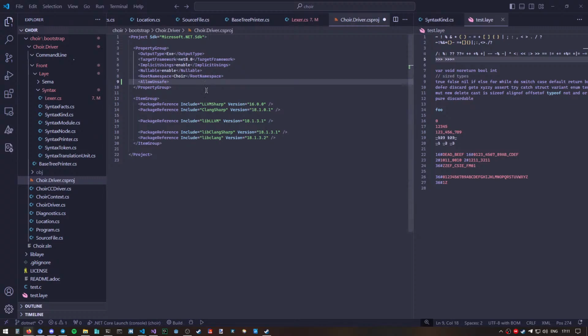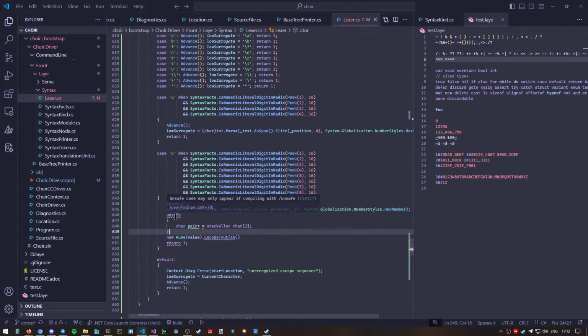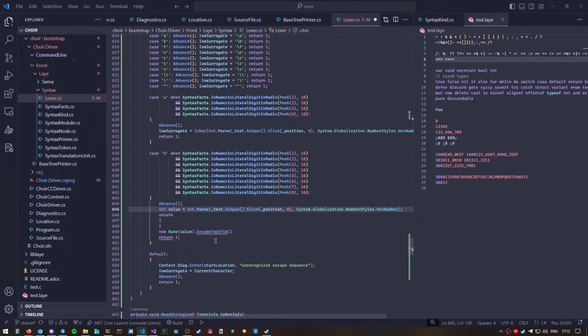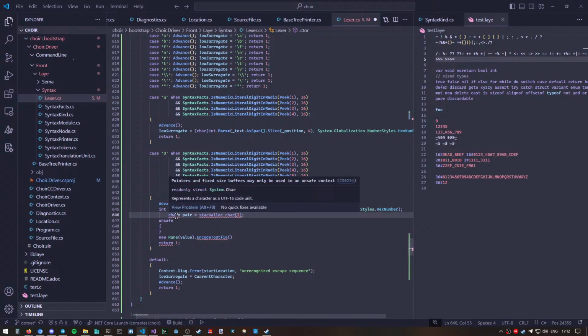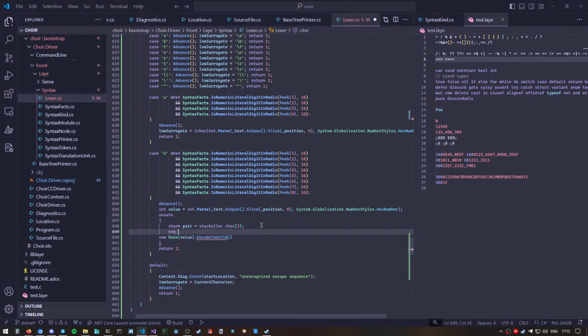Allow unsafe blocks true. Can I do that? Okay, so it's not pair here, it's pair here, first of all. Can I do that here? No. This is going to tell me that it has to be in the unsafe block. Pointer is going to be in unsafe context. Can I then grab this and say new span car pair